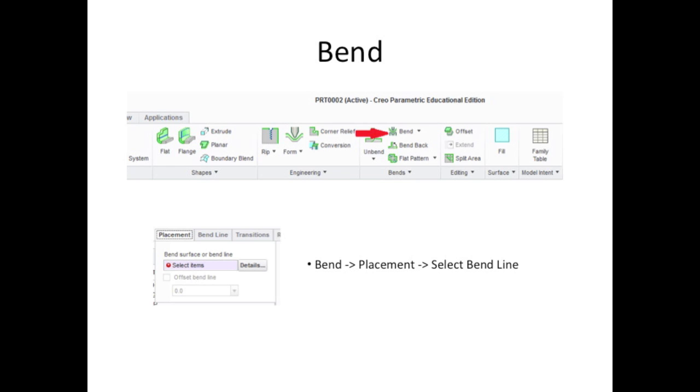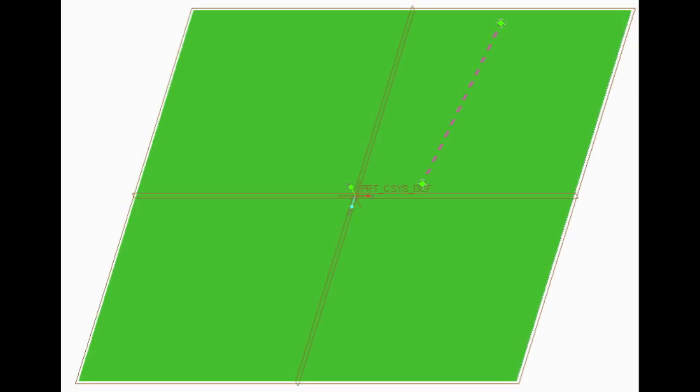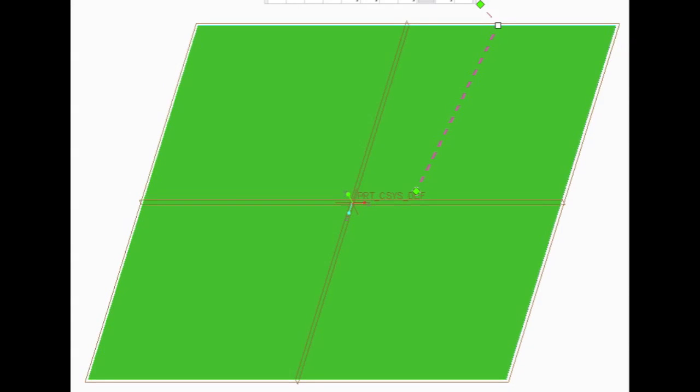The Bend feature is relatively simple and easy to use. It can be accessed from the Bends region in the main menu. After clicking Bend, select any surface. Two green dots will appear that need to be assigned to an edge. After one has been assigned, select the other green dot and assign it to a second edge to form the